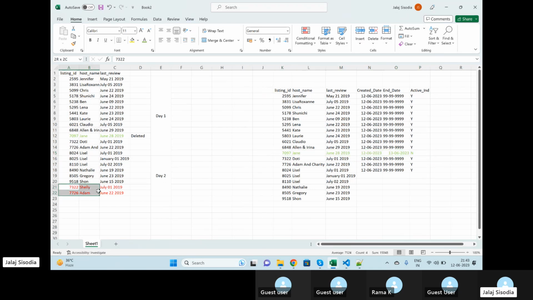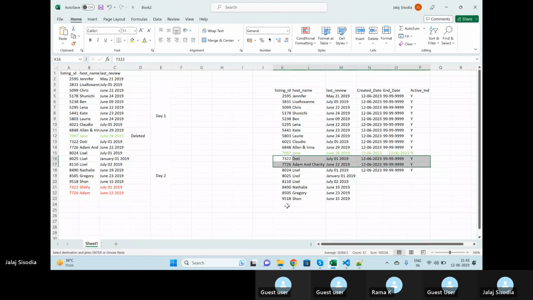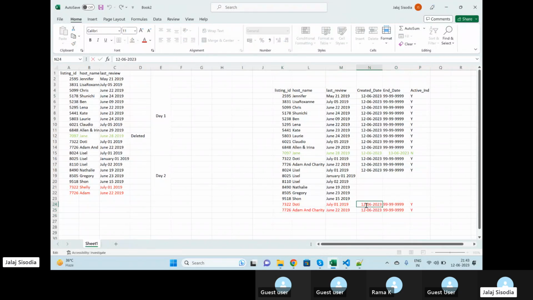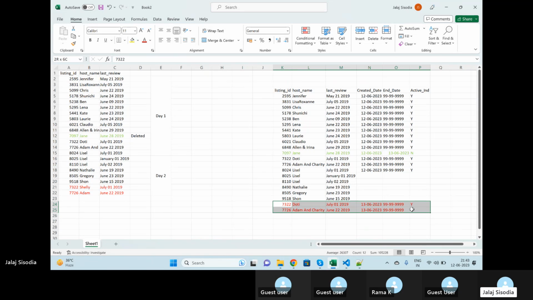Then 2 records we have updated here. So what will happen to these 2 records? Let me just copy these 2 records. We will make new entries for those records in our Redshift table, and those entries will have the create date as 13th, and their end date is going to be 999 only. These are my updated records, which have active indicator Y, and these two still have the same